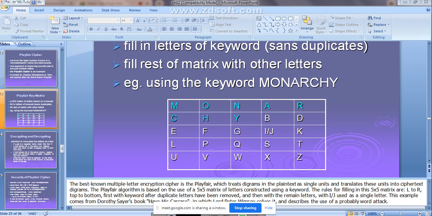Getting the thing? Its own row. That means consider it as a square box. Now H, yes, here they are present, right? So consider it as a square box like this. So H is going to be replaced by the letter that lies in its own row, and the column occupied by the other plain text letter. That means S is replaced with the P. So HS is replaced with B and P characters.